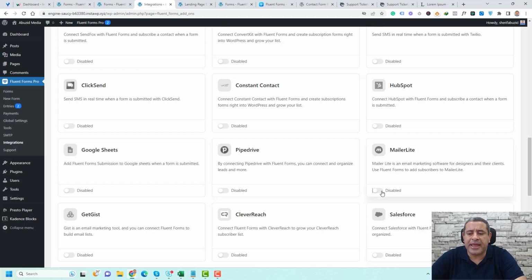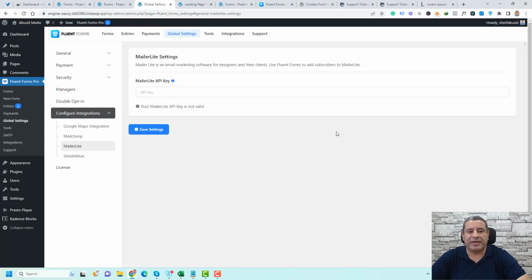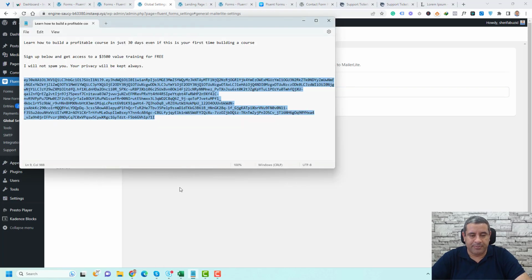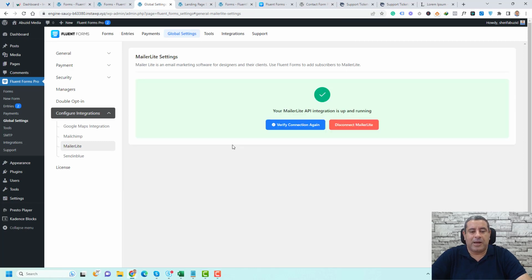account, I just enable this MailerLite integration and click the settings tab, and now let's first disconnect it. If you'd like to connect it from the beginning, you just need to copy and paste your API key. Let me copy my API key here and add it here, and let's click save settings. Now my API key is connected to this form. So if I'd like to